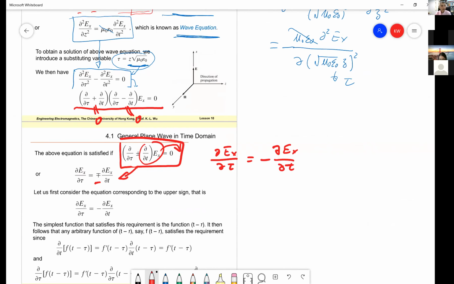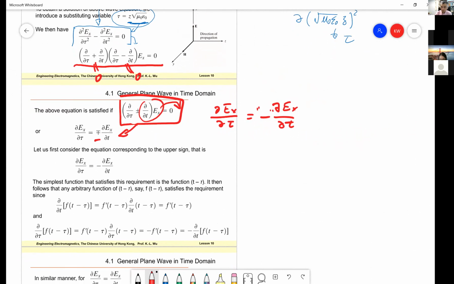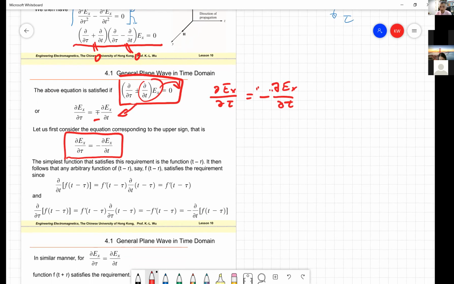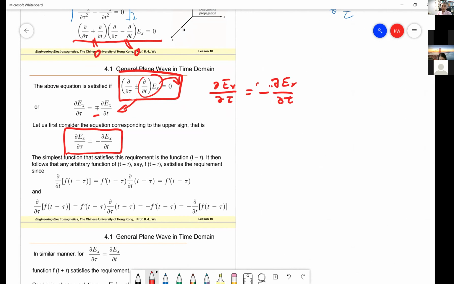And another possibility is the plus sign, right? So let's use the minus sign first. If you look at this differential equation without any other condition, without any other stabilization, then we can say the solution is very general. I can say any function f, if its argument is t minus tau,